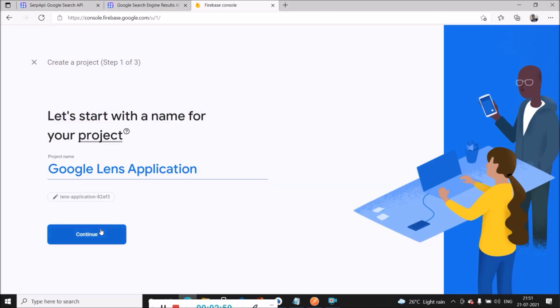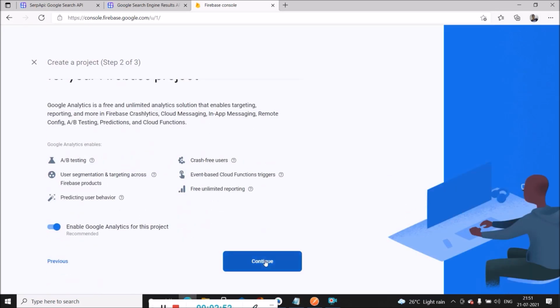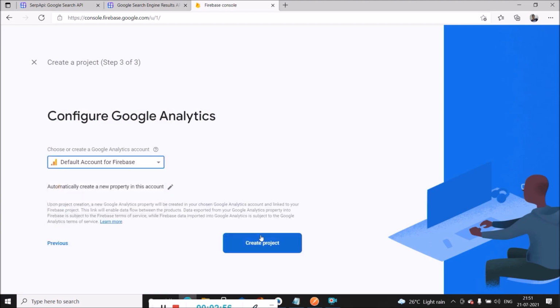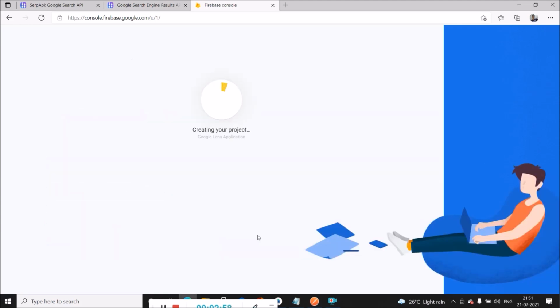Then we have to click on create, continue, then continue. Then we have to select a default account and simply click on create a project. Now we have created our project in Firebase, so we simply have to click on continue.